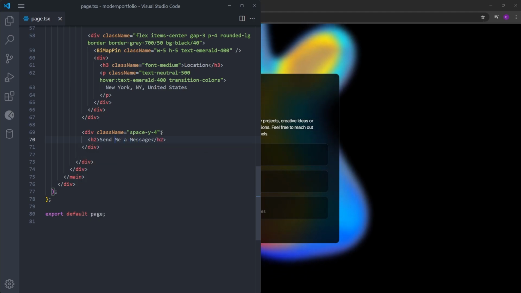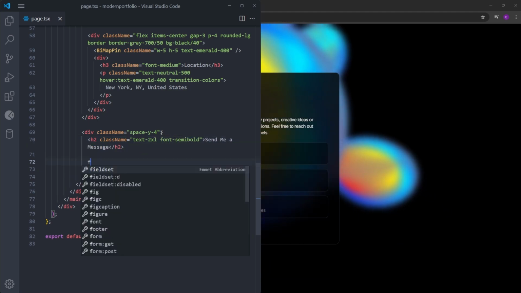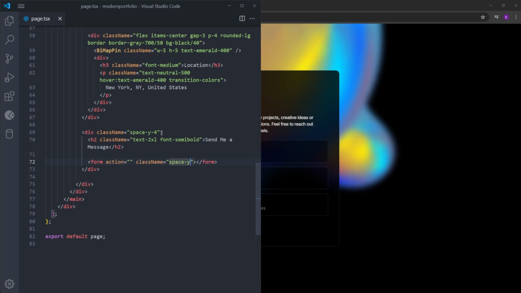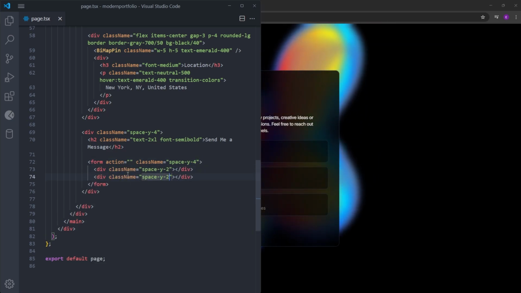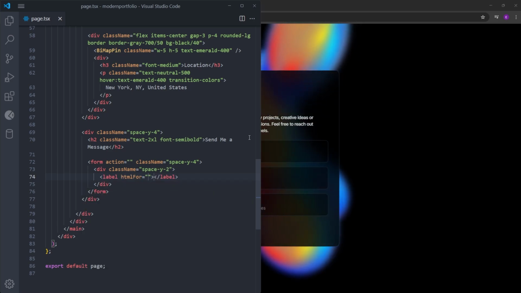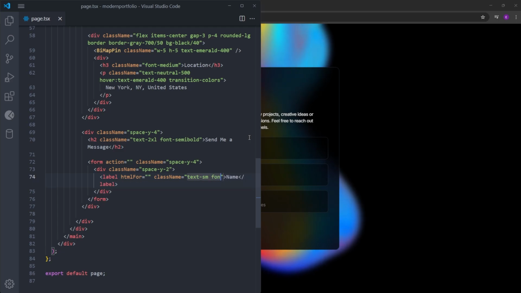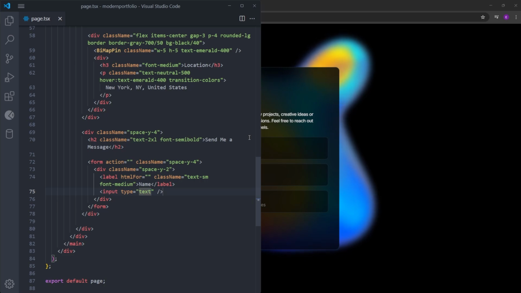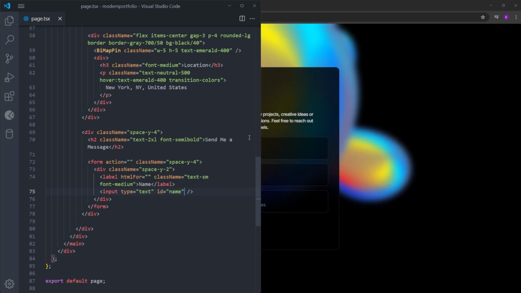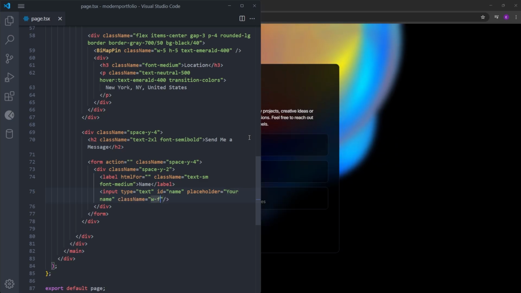And we're gonna have a form. Let's make it 2x large and font semi-bold. Let's create the form with space y4. Inside we're gonna have 3 divs with space y2. The first one is going to have a label of name, text small, and font medium. Right next to the label, we're going to have this input, which is going to be a text. ID is going to be name, and the placeholder is going to say your name with 100%, padding 2, rounded